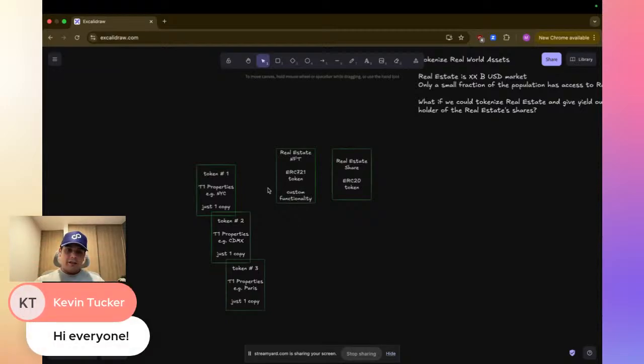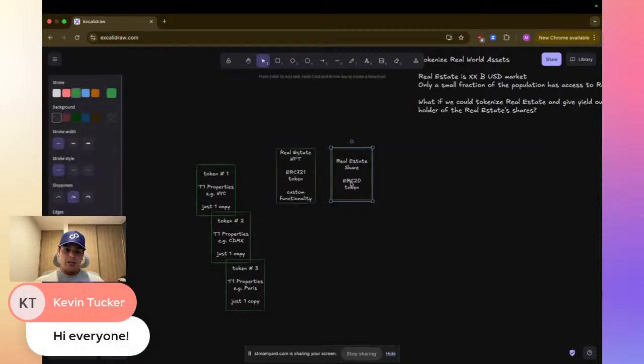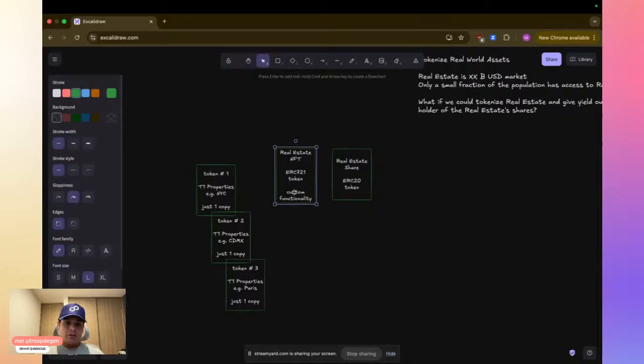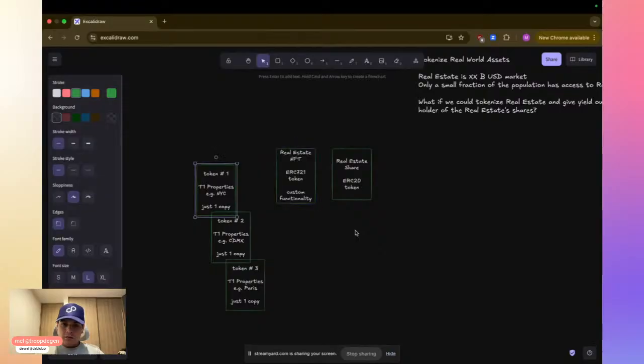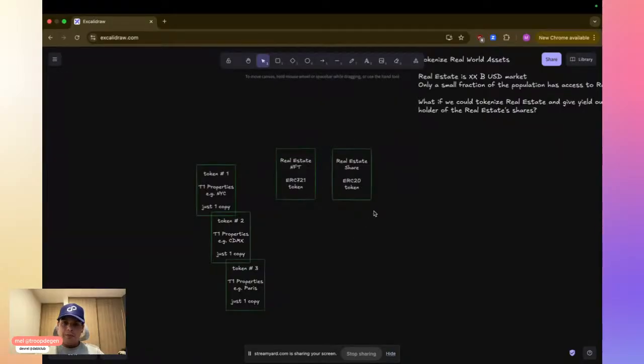Let's say if we want to be able to link them to a share, then we can ensure that all of them have access to the function, let's say calculate shares. And I'm just saying something in the meantime, but that's mostly what it is used for. Let's see. There we go.